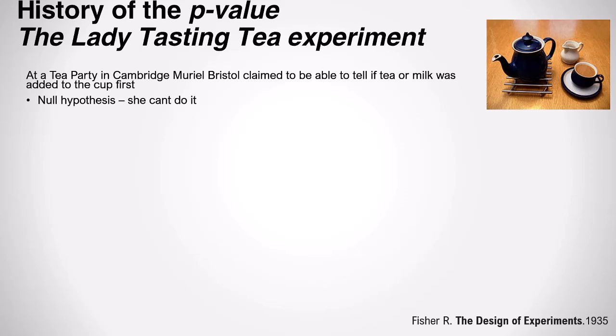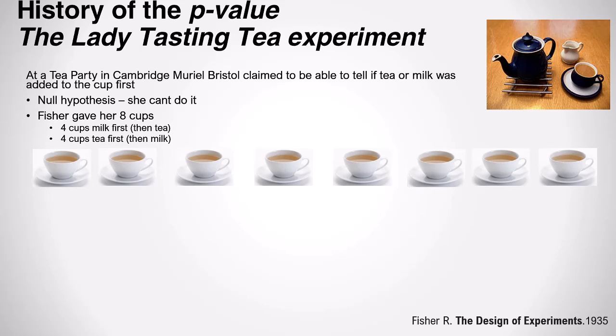So, obviously the null hypothesis was that she can't tell the difference between tea made with milk or tea first. But Fisher set up an experiment, so he gave her 8 cups. That is 4 cups with the milk first, then the tea, 1, 2, 3, 4, and then 4 cups with the tea first, and then the milk, 1, 2, 3, 4. And because he gave her 8 cups, because obviously she can't drink too much tea, I mean, she's only one person,